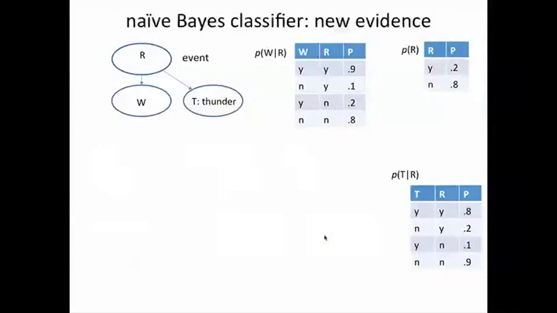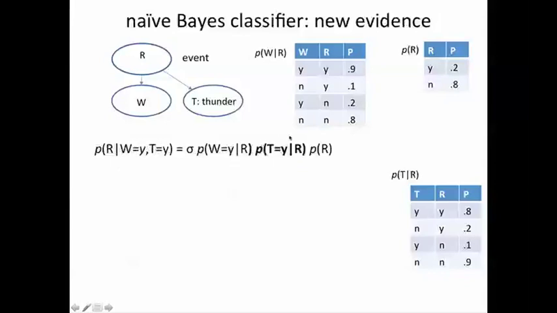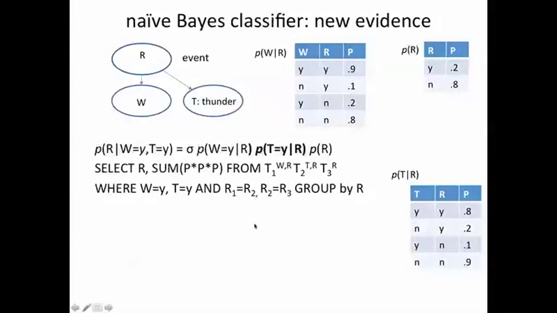Now let's see what happens if we actually do have evidence about T equal to yes or no. And let's suppose we have T equal to yes. So now we're looking for the probability of rain given W and T are both yes. And now in this case we restrict our multiplication by the P of T given R table to the case where T equal to yes only. In this case, again, we do the same SQL, only we have another select statement which restricts us to use only those rows of this table, again joining with the prior join that we had of T1 and T3,